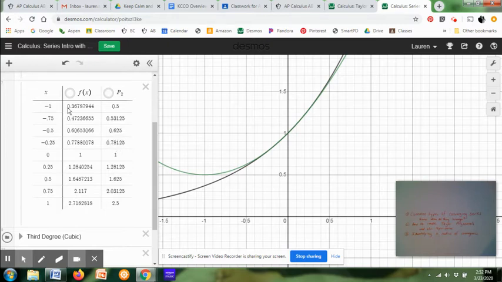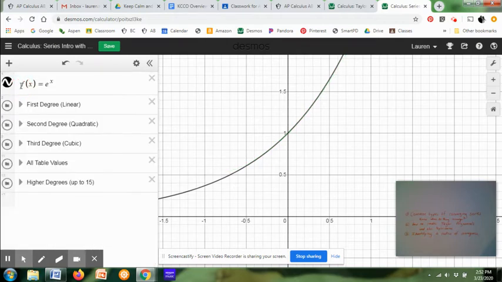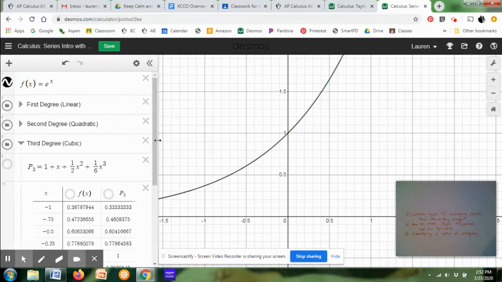And then even all the way at -1, we are still pretty much, again, a little bit further off the further away you go, but it's a much better approximation than what happened with the linear. So again, stands to reason, what would happen if we took this up another degree and looked at the third degree, or a